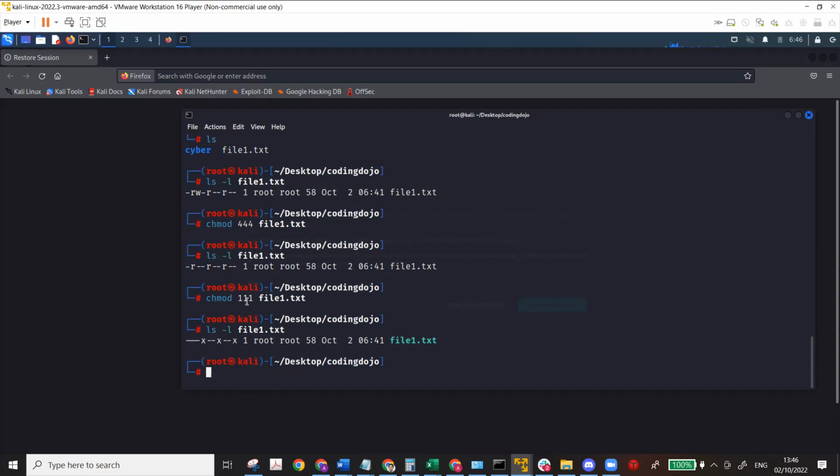Now, it's not necessary that these numbers have to be the same, okay? For example, I want the owner to have read, write, and execute permissions. But for the group, I only want, for example, read permissions. And for others, again, I just want read permissions. So what I'm going to do here is that if I want the owner to have read, write, and execute, all of them,